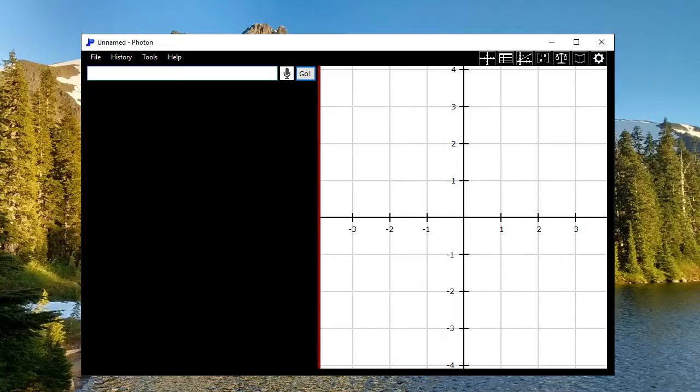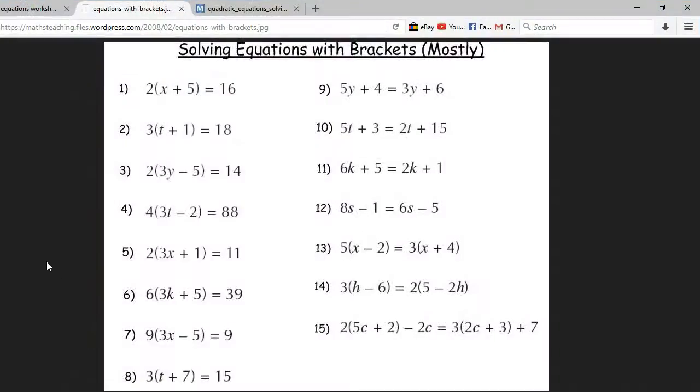So I went ahead and Googled for a solving equations worksheet, and I found this. I'm going to take a look at number 15 right here: 2 times 5c plus 2, all this stuff right here. Now, when you copy the equation over into the program, you have to use the letter y. It's very important that you use the letter y and not x. I know it's really tempting to type x or whatever letter they gave you, but you have to type the